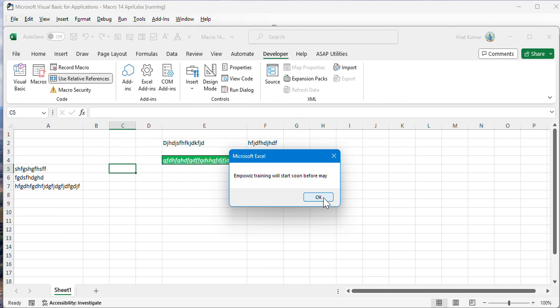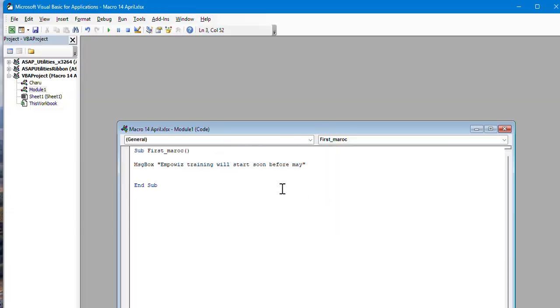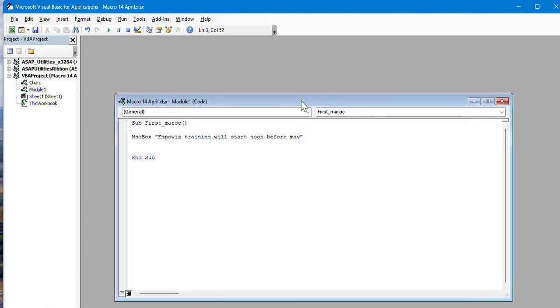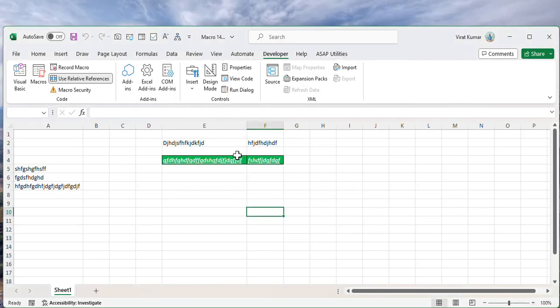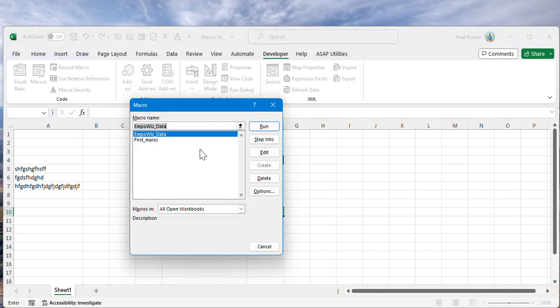So with practice you can learn many things, and you can do many things with macros. This is really important and a very basic thing. So this is the message box I showed you in macros. Close this. So this is the macro, and another thing I will show you,